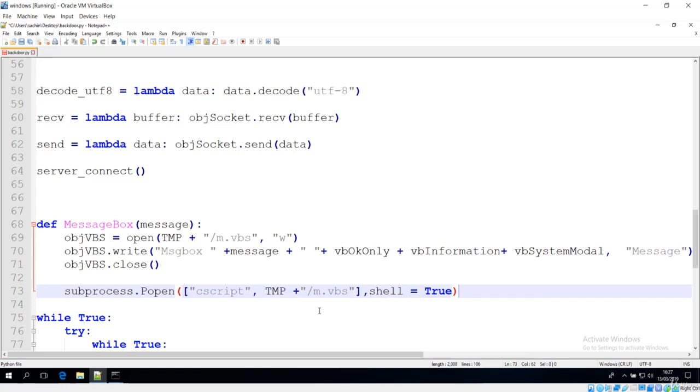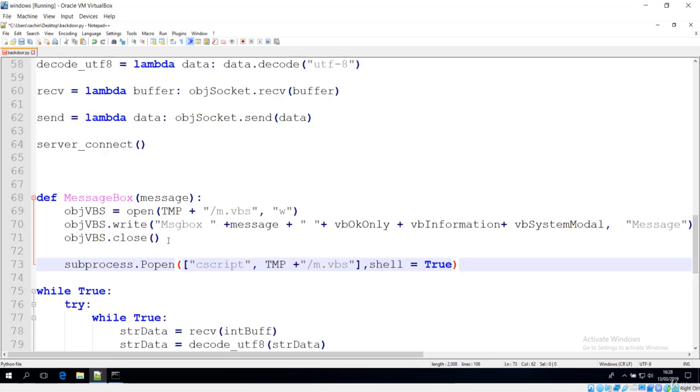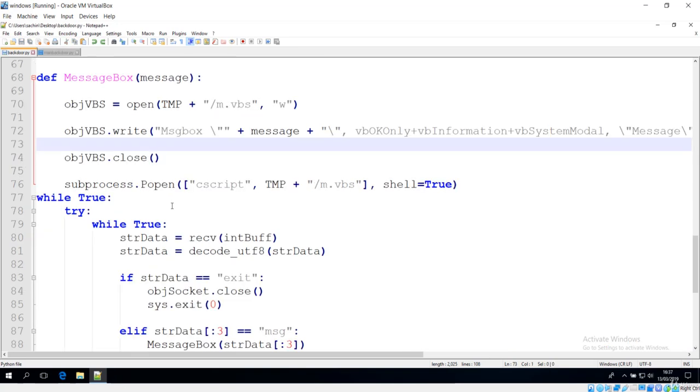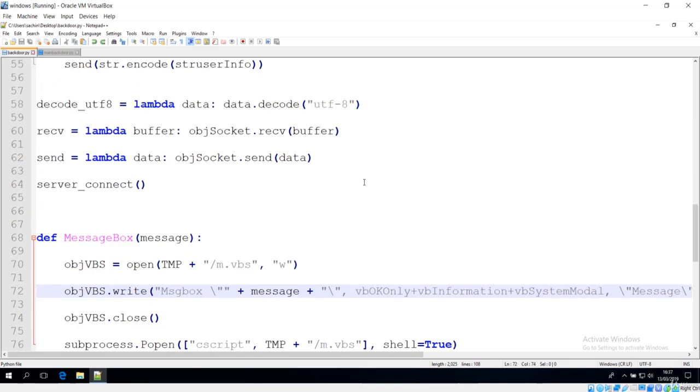So we have created our message box, so you can test it now. What you need to do is simply see over here that we have called this message box right here. So this message box will be called. Now let's execute it. Before, here you can see that I have made some changes, that this part was a string but it was not some variable. So you can simply remove this also, but it doesn't really matter.